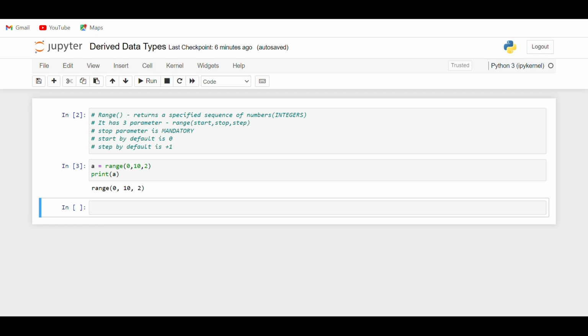So let's start with derived data types. The first one we have is range. Range is a data type which is often considered as a function, but it is a data type. What it does is return a specified sequence of numbers. That means